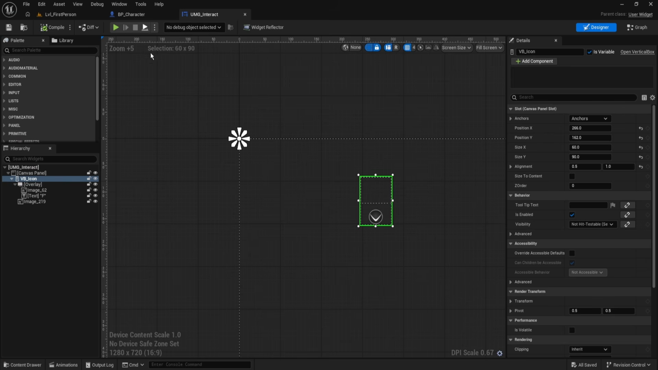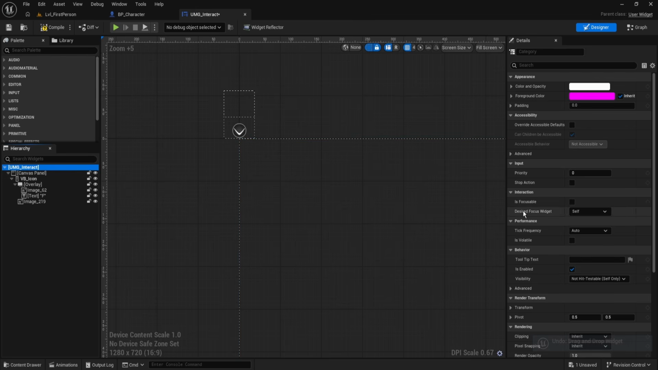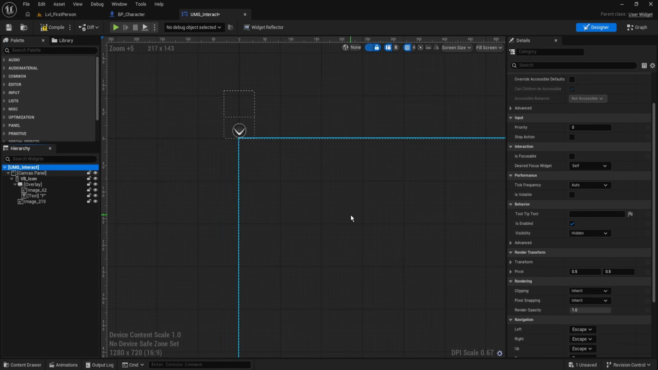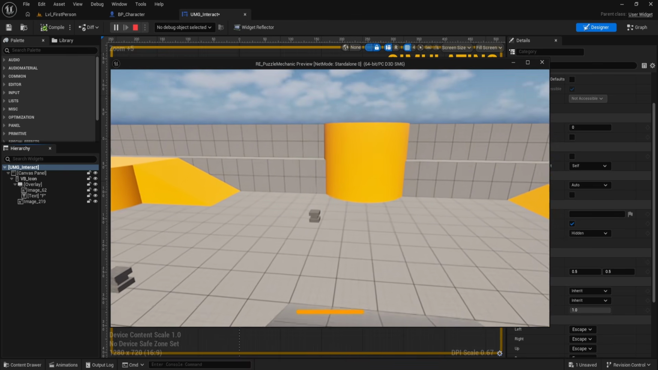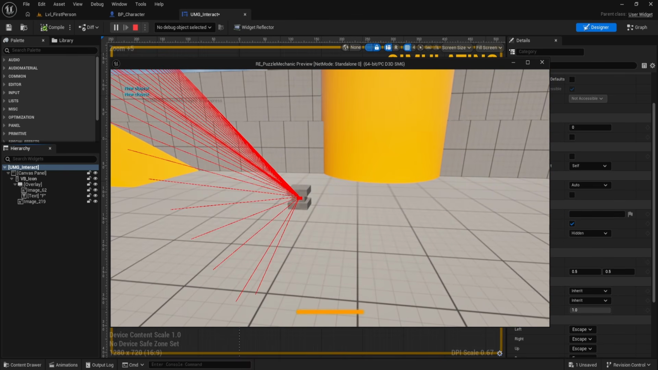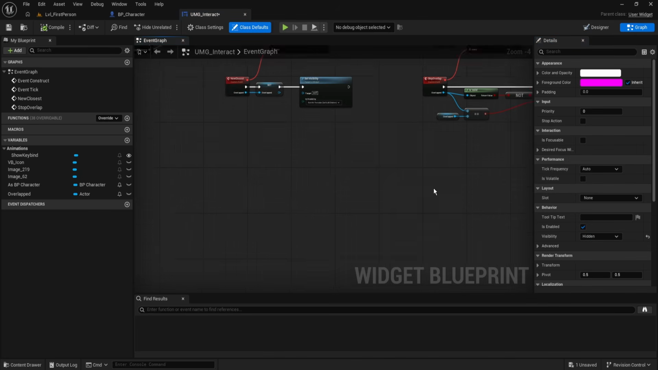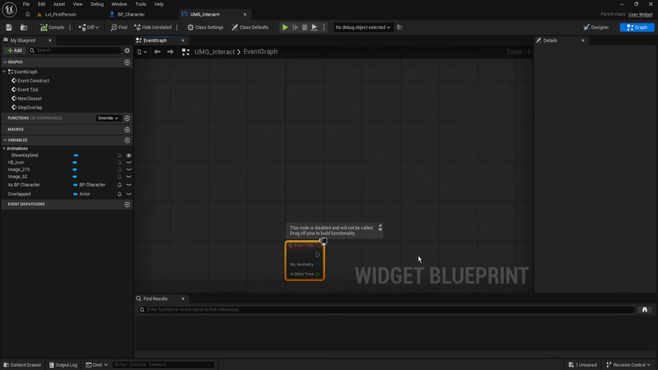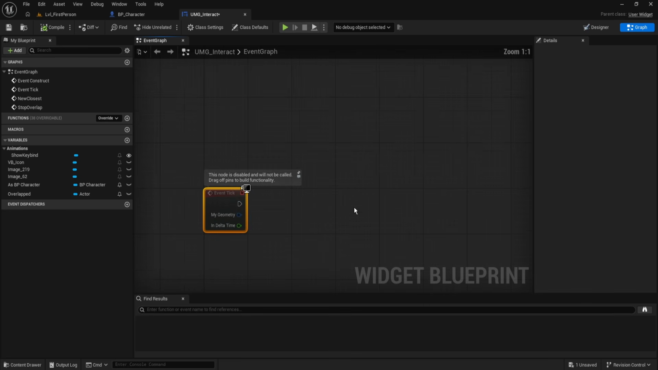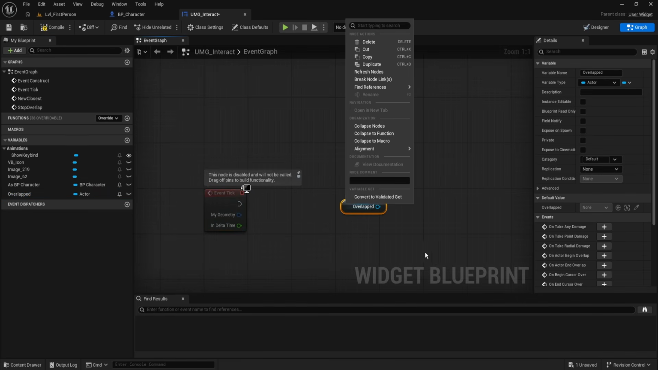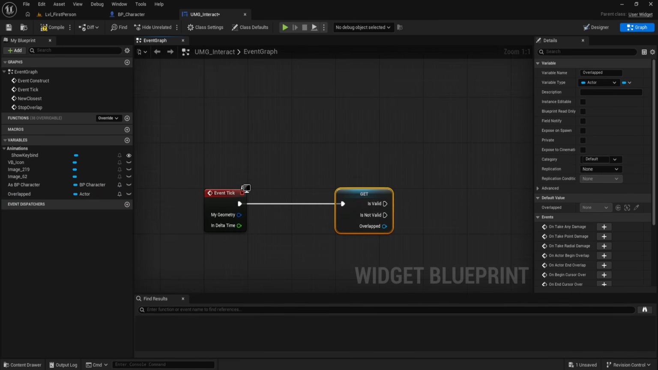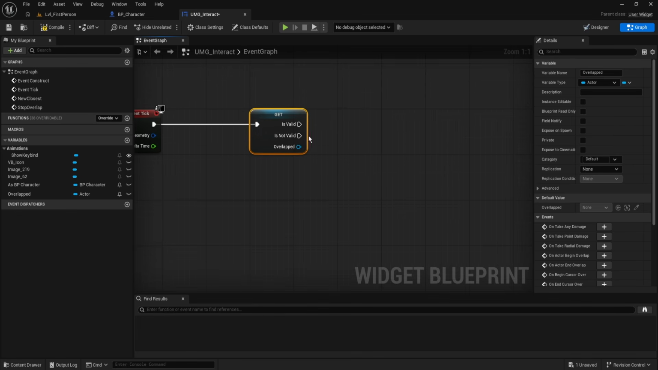Now, what we'll do is we'll go into our UMG widget here. We'll move this back to 0. We'll select our UMG interact and we'll say that by default, it is hidden. So now it is not visible until we actually walk into an area with an object we can interact with. Although right now it's gone back to the top left, so it's not visible. So let's go to the graph and let's do our event tick. So we're going to start with the simple bit. So if our overlapped is invalid, so to check that, we can convert to validated here and do this. If this is not valid,